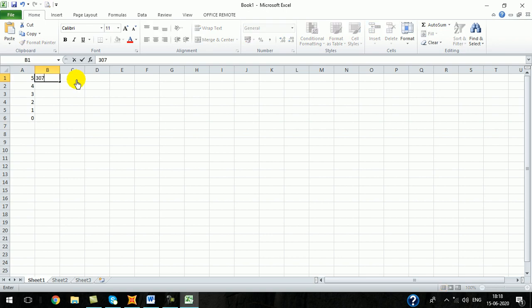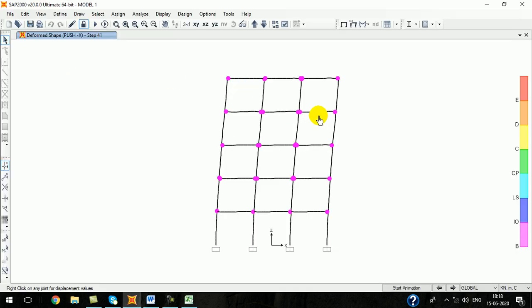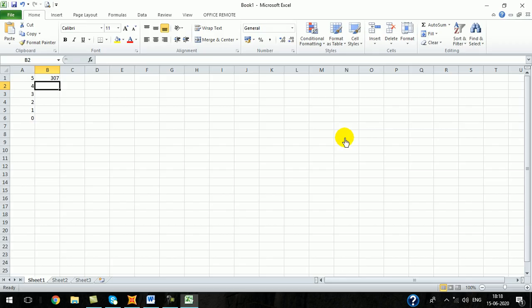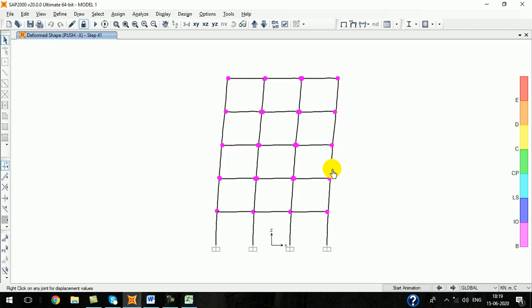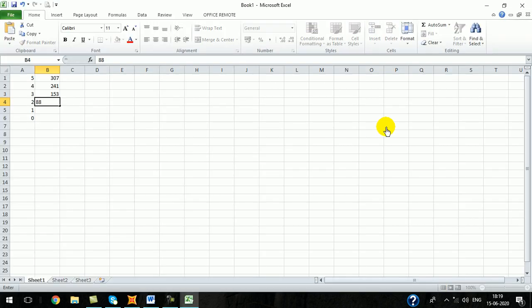It is 307, and another one 241, then 153. After that 88 mm, 30 mm, and at ground level it is 0.